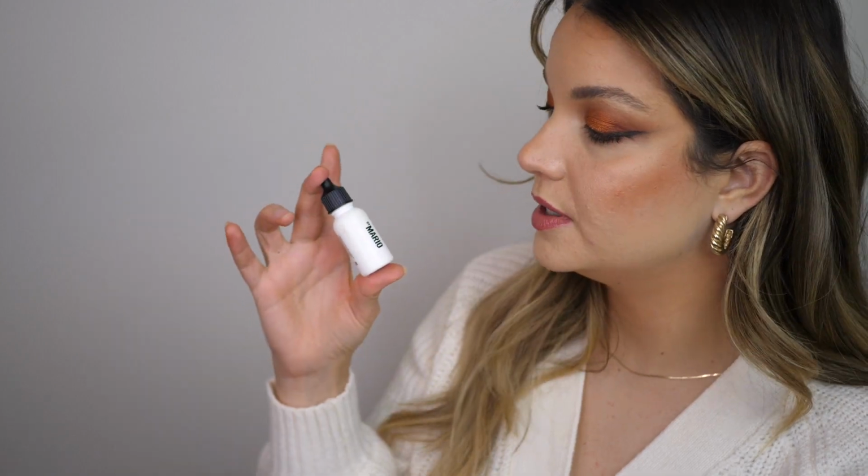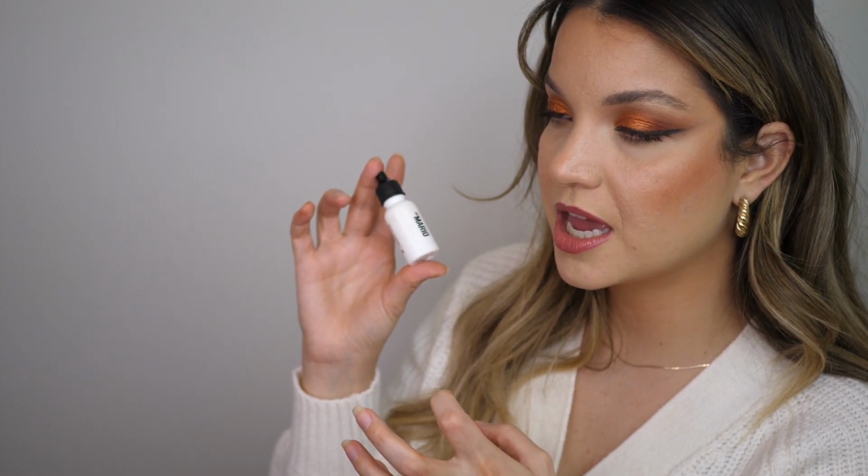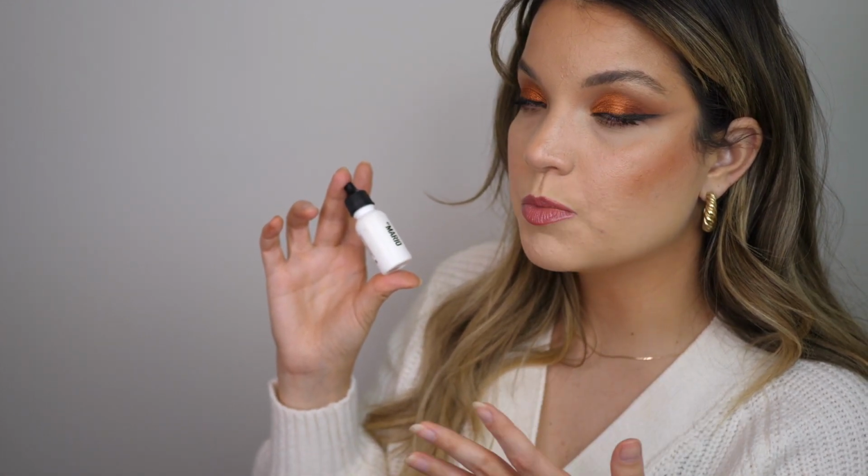As I was doing my eyeliner and my mascara, I was thinking about this little mixing liquid from Makeup by Mario, and what I'm going to say about this is that I'm going to keep it in my makeup kit. I feel like it adds some versatility to my kit that I wouldn't otherwise have. It would be really great to have in my kit, because if someone wanted a certain color eyeliner and I don't have a pencil liner in that color,